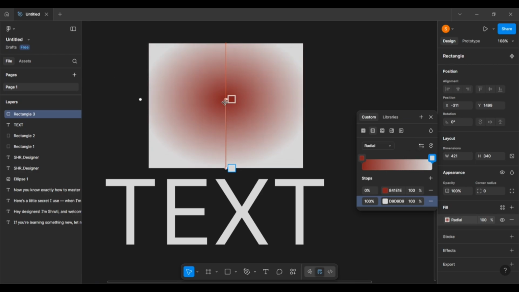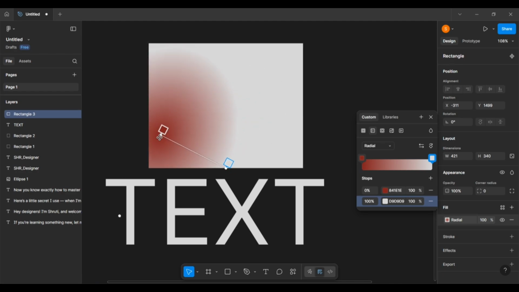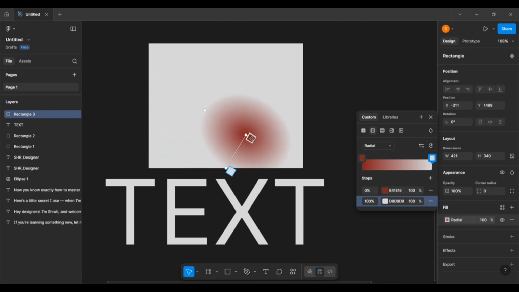You can reduce the opacity or change the direction. If you want the light to come from this side, just move your cursor. If you want this red to come from this side, you can move your cursor from this side. Basically you can use this for shadow and all. बहुत सारे जगह you can use this, like to place an image and then you can add white to that background. So this is basically the use of radial gradient. Next we will move to the angular gradient.